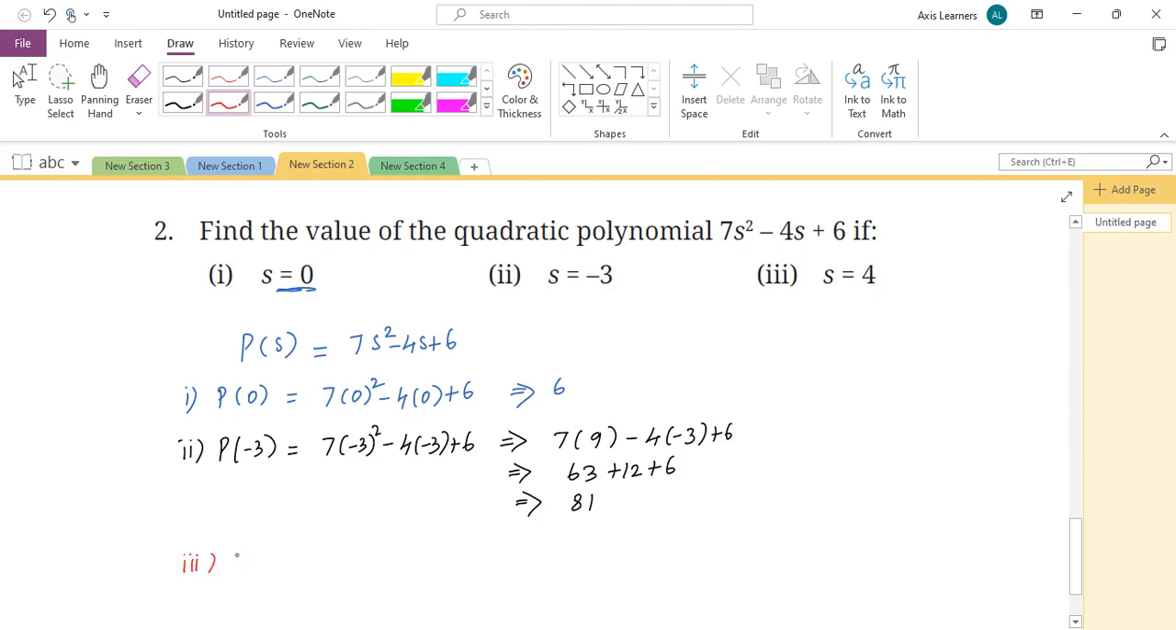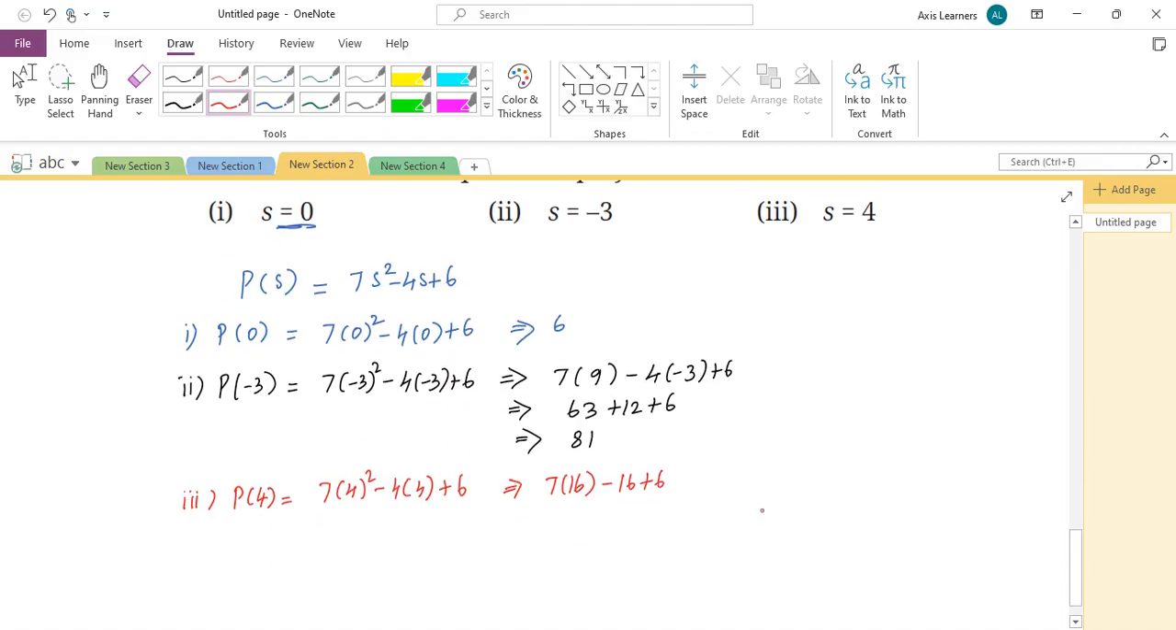Third one, s is 4. So p of 4. We need to find p of 4. 7 into 4 square minus 4 into 4 plus 6. 4 square is 16. 7 into 16 minus 4 into 4 is 16 plus 6. So what we can write? 7 into 16. 7 16s are